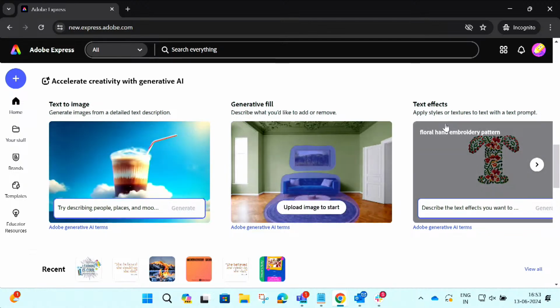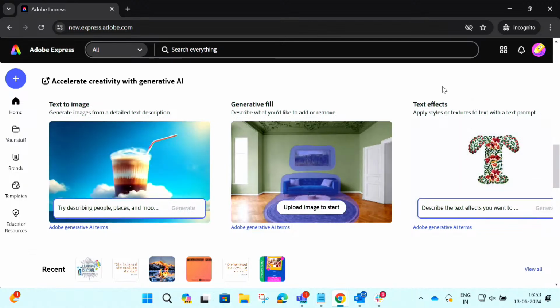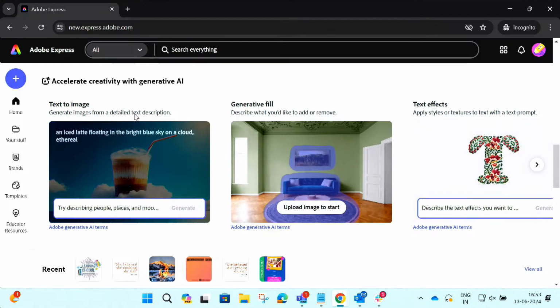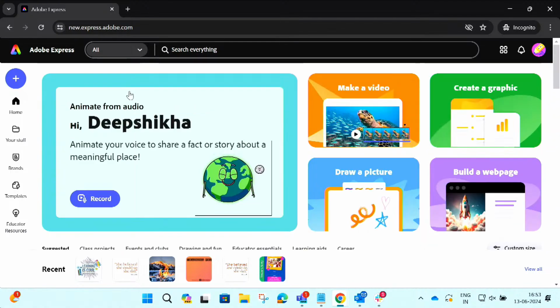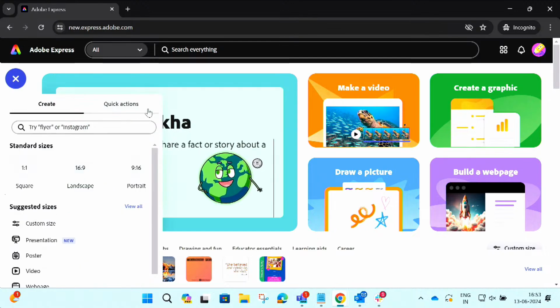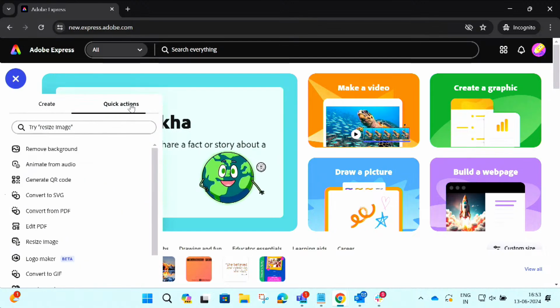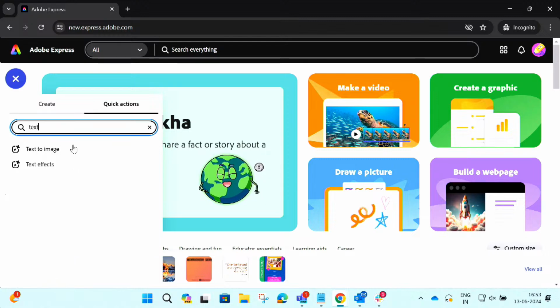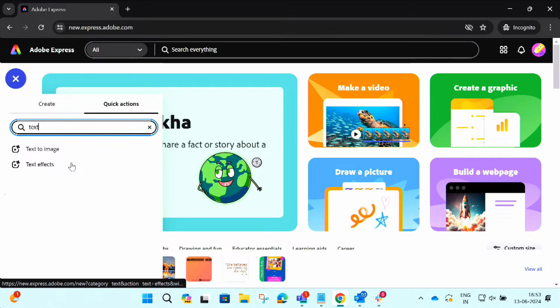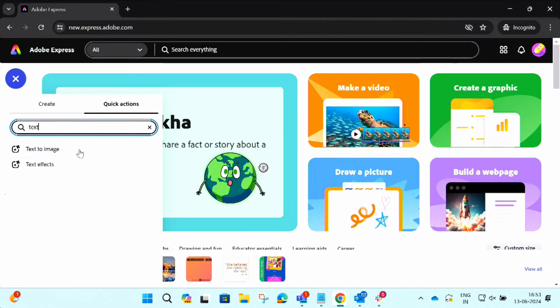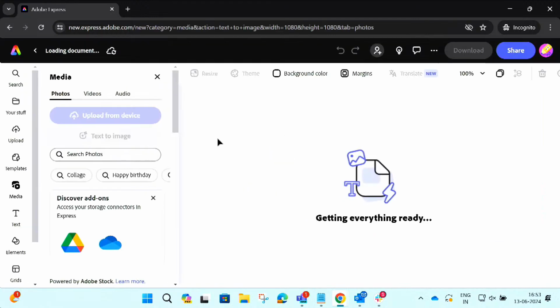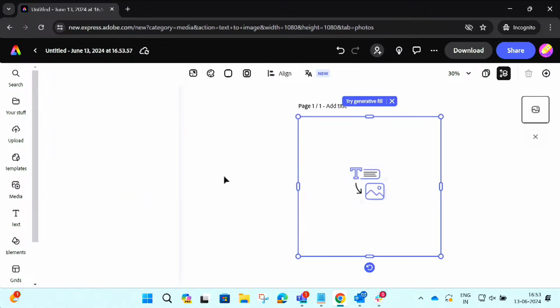All 3 features which we have talked about, you can find here: text to image, generative fill and text effect. Another thing is, if you're not able to scroll enough, you can go to the plus sign and then click on quick actions. Type here text. You will see text to image or the text effect that we had learned today. So by clicking here, you will be able to find it.